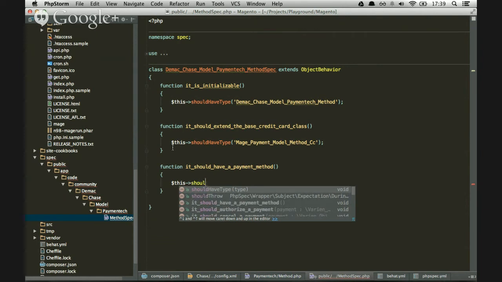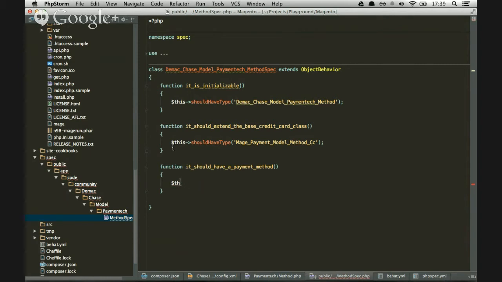One important thing to notice about the way the test is built: when we say this inside the class, we're not referring to the actual MageSpec class. We're talking about the object. So in this case, this represents the method.php class inside the DMAC Chase extension. So when I say this, let's call it getCode. That would be the right method, and getCode should return